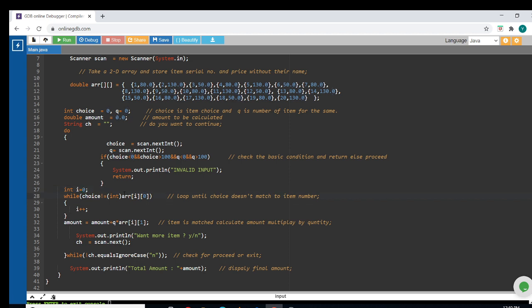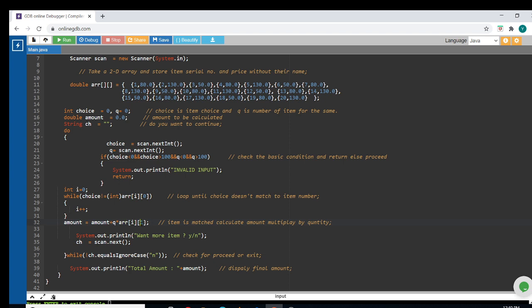Here we compare the choice with our items. If the program comes here, then definitely the choice is between the items given in this array. If the item is found, we come to the section below.